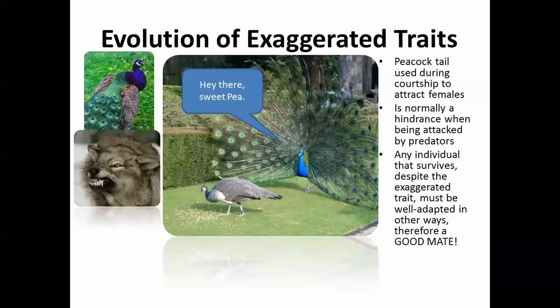I have this Lamborghini, it's red, I speed down the highway. Even despite that, I haven't been arrested. I can outrun the cops, and so on. The cops are the wolves, by the example. So these exaggerated traits